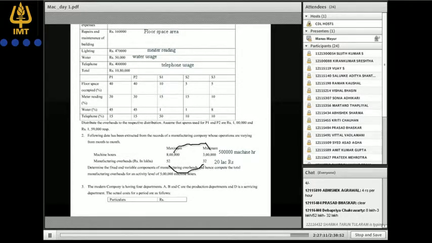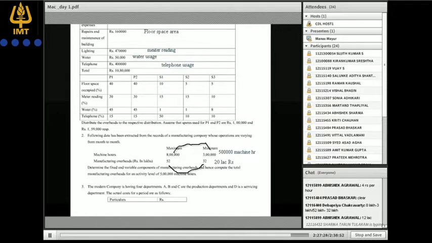Okay, so if your variable cost is rupees 4, you are asked to calculate how much is the fixed cost. So can you calculate the fixed cost then? If your variable cost per unit is rupees 4, how much is the fixed cost? So you can calculate the total cost for 3 lakh units. For 3 lakh units, your variable cost is 3 into 4, 12 lakh. So 12 lakh is your variable cost. 32 minus 12, that is 20 lakh, is your fixed cost.